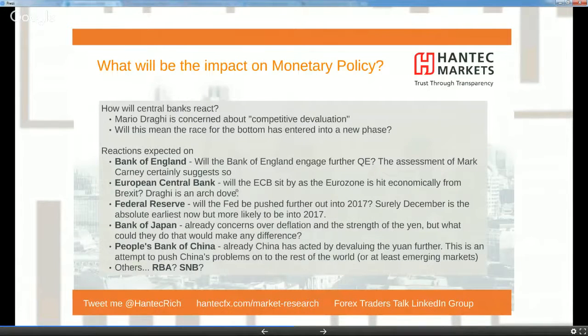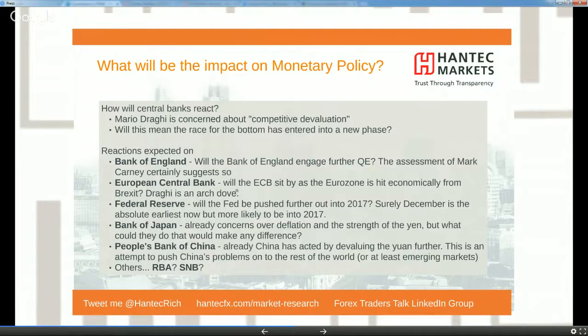What would happen for the Bank of Japan as well? You've got the Bank of Japan, which is sort of fighting against deflation. CPI fell to negative 0.4% last month, and you've got the strength of the yen as well. What is the Bank of Japan going to do? Is the market actually banking on the fact that the BOJ can't really do anything to make a difference? It doesn't seem as though the market has a massive amount of faith in the BOJ now, seeing as the yen continues to strengthen, pulling dollar yen ever towards the 100 big figure.